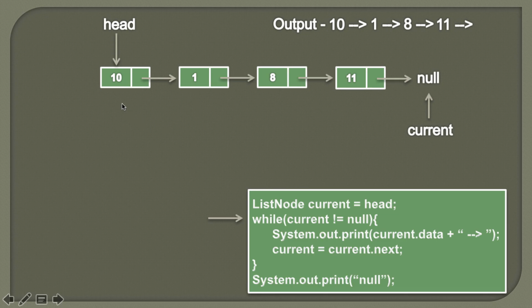So friends, we already know that the list is traversed completely and we have printed all the nodes of the singly linked list. So now current is pointing to null. In the while loop we check whether current is equal to null or not. So here you can see current is equal to null. So the condition in the while block comes out to be false. And we know that when this condition comes out to be false, the list is completely traversed. So now the statements in the while loop don't execute. And in the last step we simply print null.